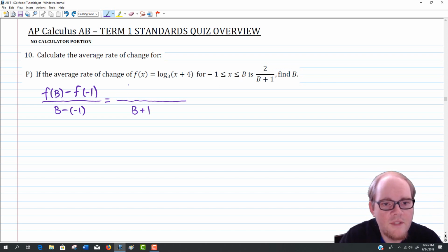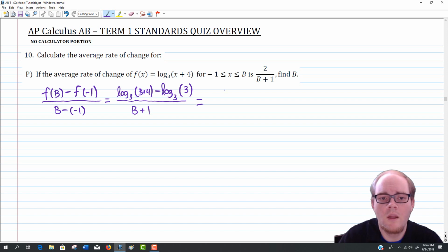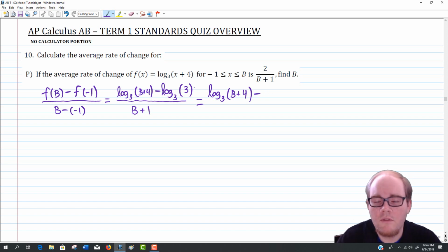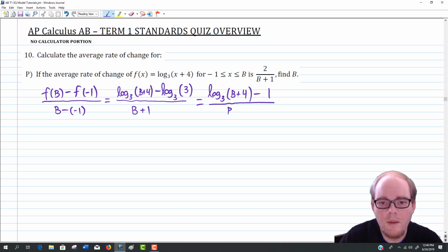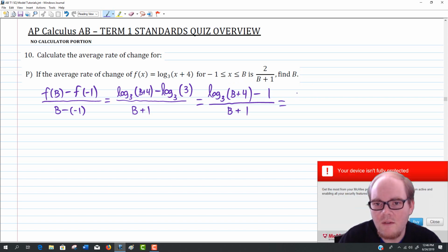As far as the values themselves, if we do f of b, that's going to be log base 3 of b plus 4. And then if we do f of negative 1, we're going to have log base 3 of negative 1 plus 4, which is just plain old 3. So simplifying as much as we can, we get log base 3 of b plus 4 minus log base 3 of 3, and the power of 3 that gives us 3 is 1, all over b plus 1. So there's our average rate of change. Of course, we need to solve for b. This looks complicated, but it does say up here that that average rate of change is